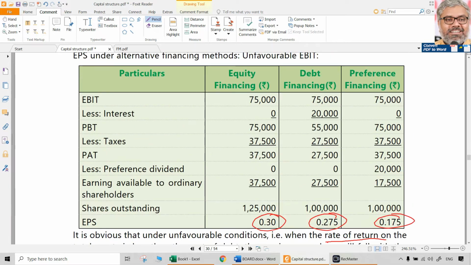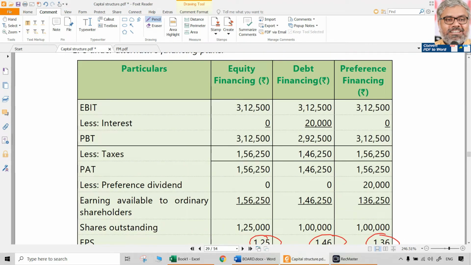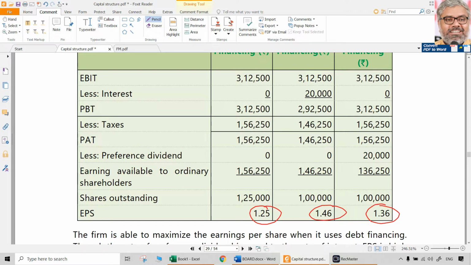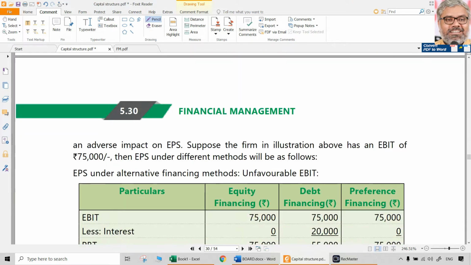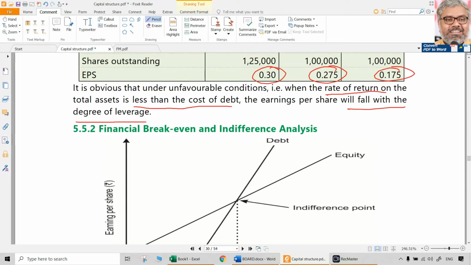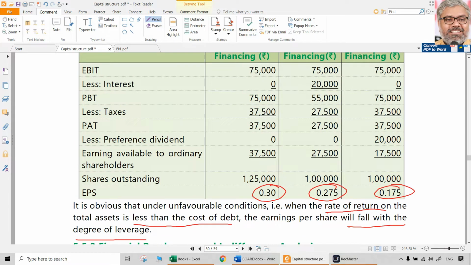Earlier example, 3,12,500 EBIT was a favorable condition because the company was earning, or the rate of return on the investment of the company is much higher than the cost of debt. So the extra earnings over and above the cost of debt will naturally go to equity shareholders. So when debt is used, that is why return on equity will be more, when the company's earnings are good. If they are not good, if the company is not performing well, operating income is, let us say, lesser, then that same debt will be counterproductive. The debt will hamper the EPS, that will reduce the earnings available to equity shareholders and naturally EPS also.